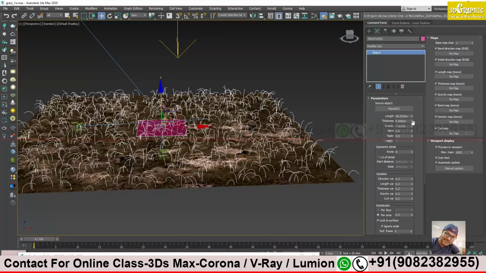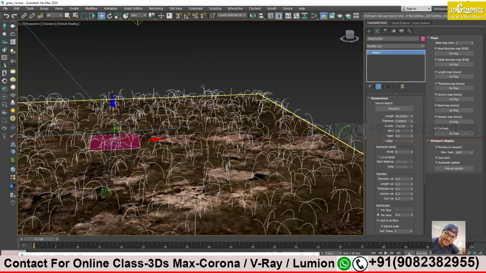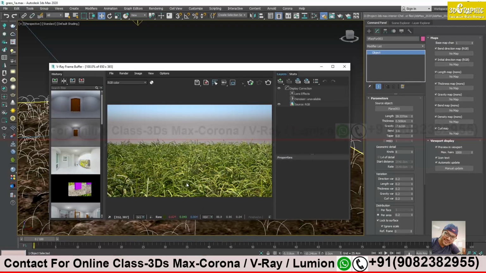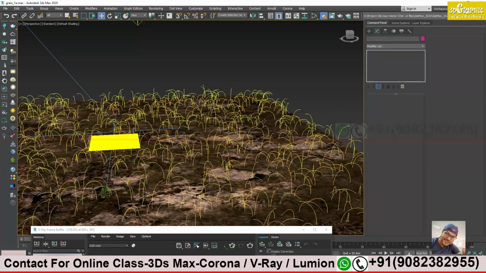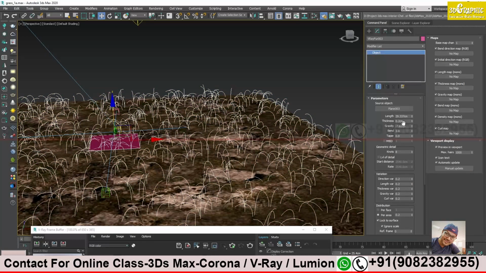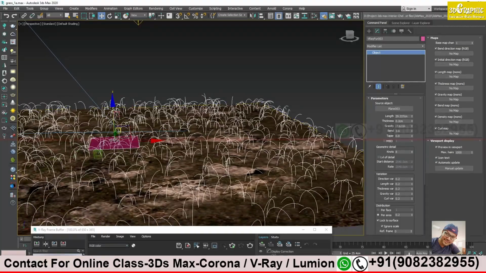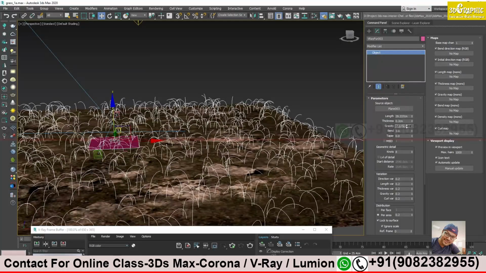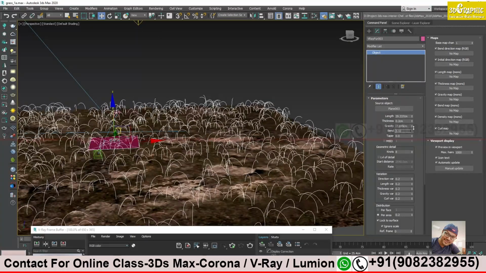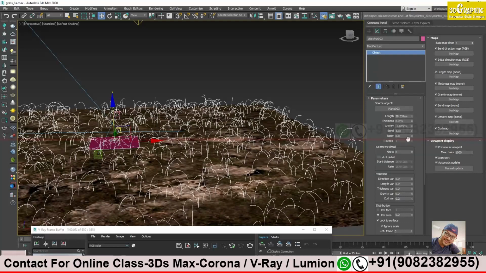Thickness we have seen over here. This thickness is not good. We need to reduce that. We try to reduce the thickness from 0.508 to 0.200. Fine, let's reduce that to 0.2 centimeters. Gravity means how much they will bend, the gravity force on them. Bend amount is similar to that only, how much they will bend.